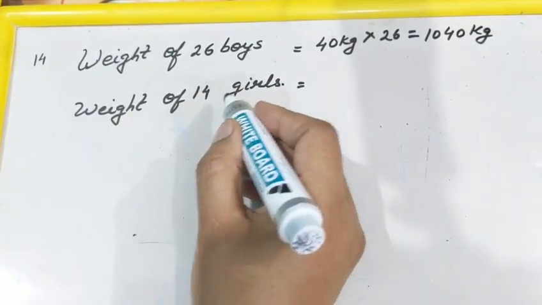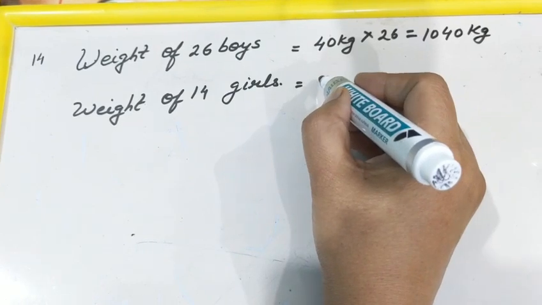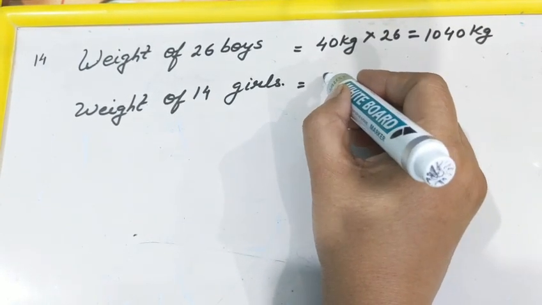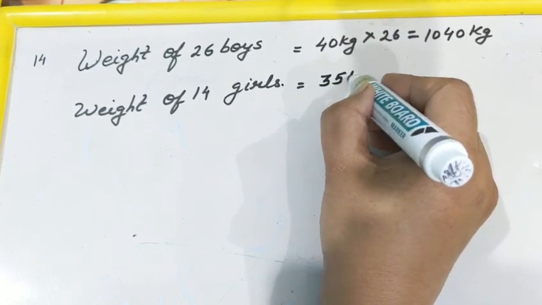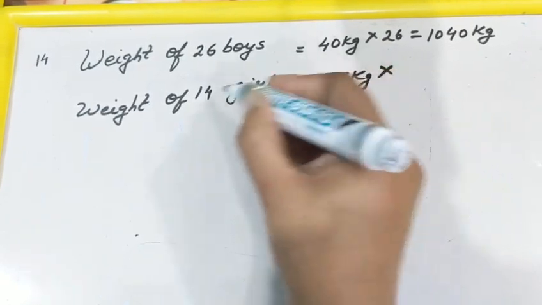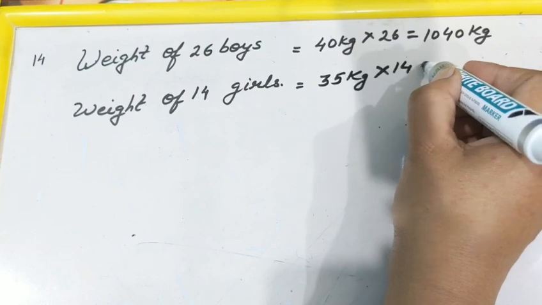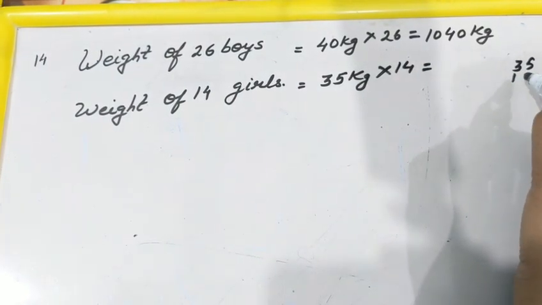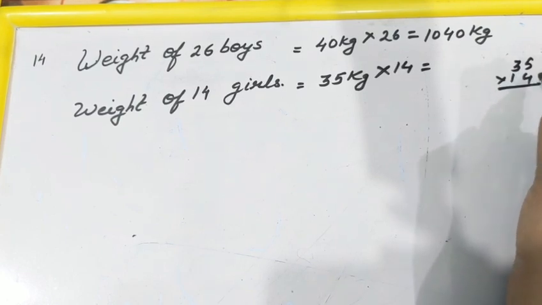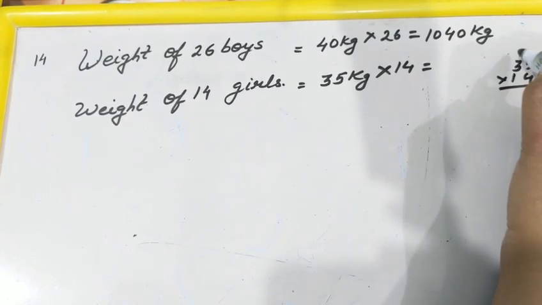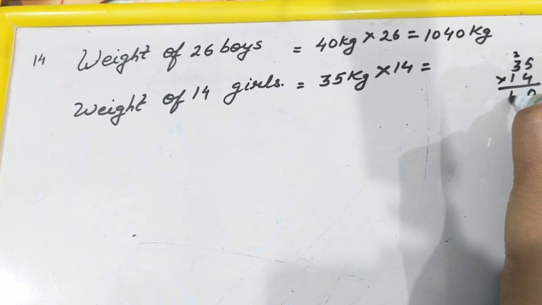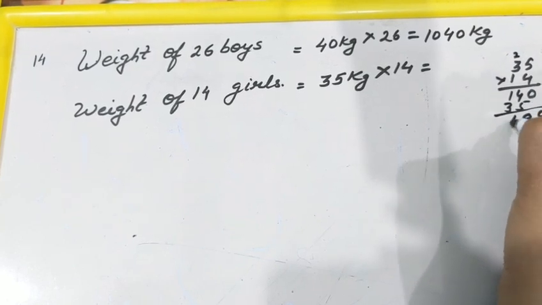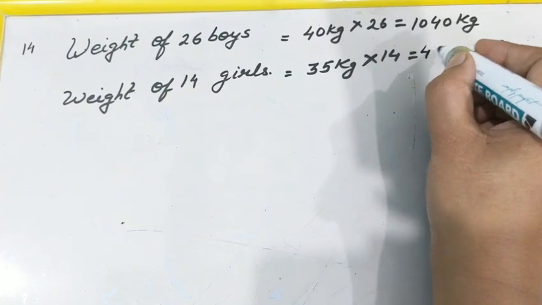Similarly, we can find the weight of 14 girls. That is mean into the number of observation. Mean weight of 14 girls is 35 kg into the number of observation, that is 14. So find the product. 35 into 14. When you multiply, 4 5s are 20. 2 carry over, 4 3s are 12, 14, and 35 sum up, 0, 9, 4, equals 490